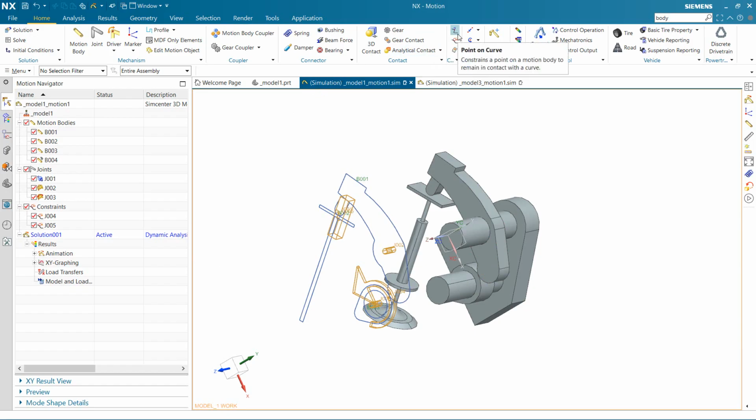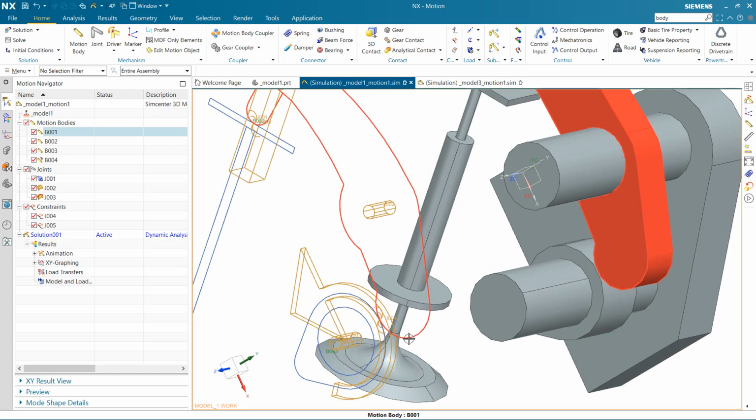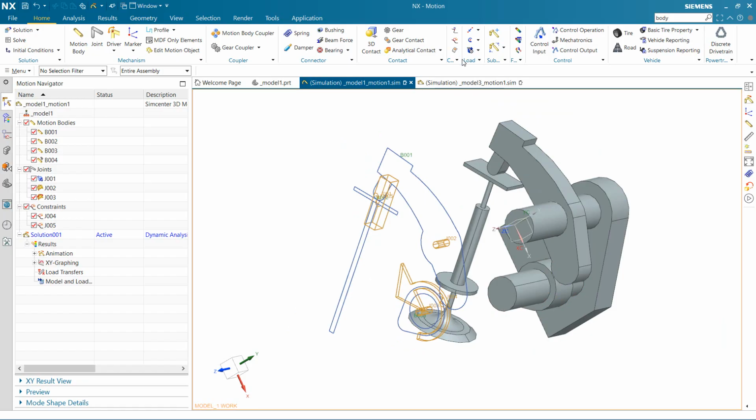You can use a point and a curve. Here I use curve and curve. But if you just want to use a point, you can click a point here, and then that point and this circle always connect to each other. It might be useful in some other cases, but not this one. Also this is the point and surface. For example, if you want this point to always touch this surface here, you can use that. That's a way to do it also.